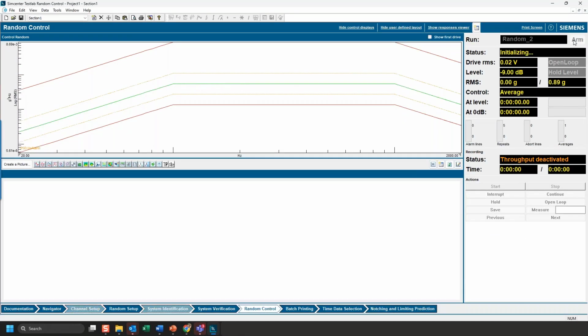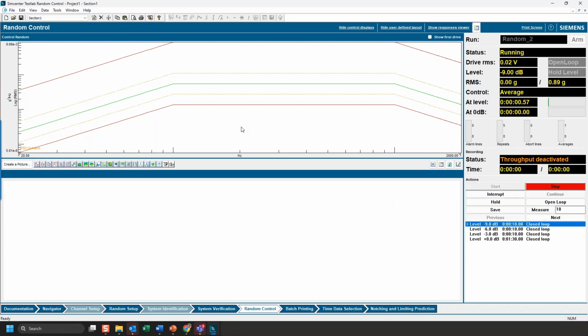All right, so let's go ahead and run this random test and see what we get. Now, this might look odd to you, but really this is a feature here. At our lower levels, we do not have aborts turned on, but our high 0 dB abort is always on. So this is the 0 dB abort level, and this 0 dB abort level always overrides.